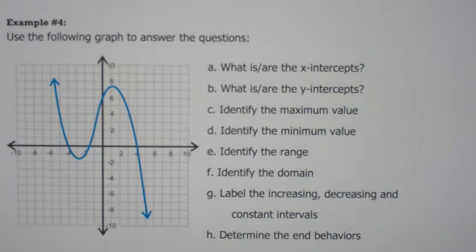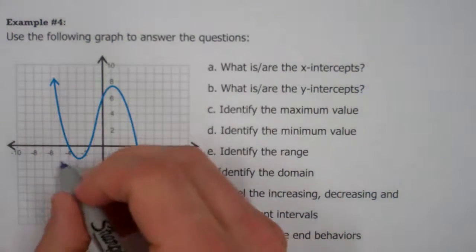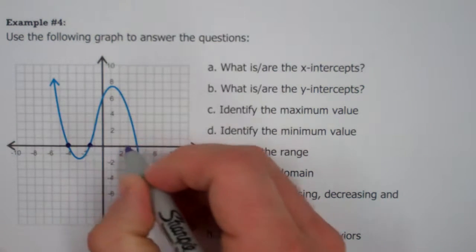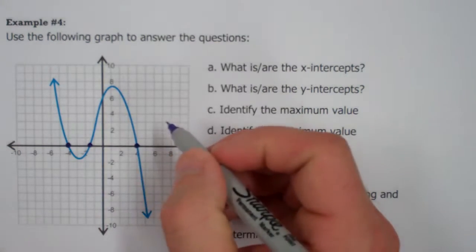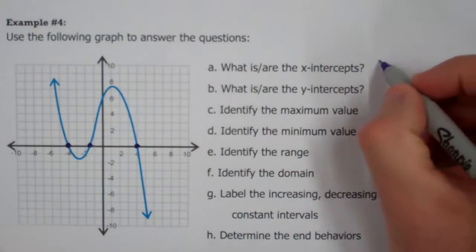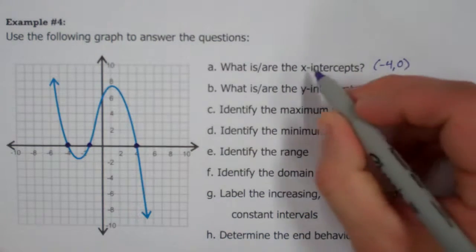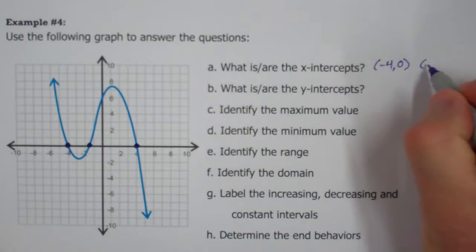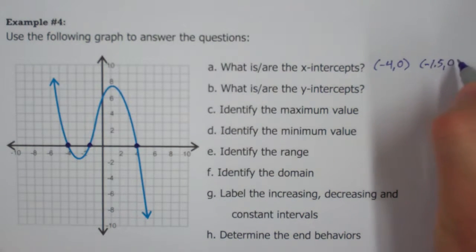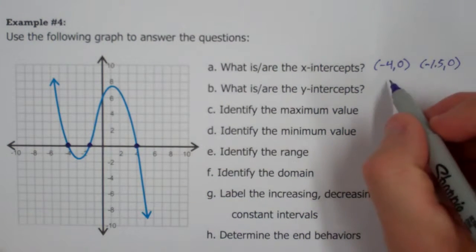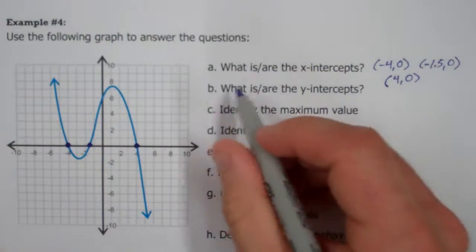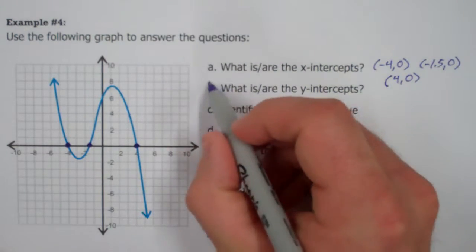And A says, what are the x-intercepts? So what I do is I go along the x-axis, and then I just find the points where the graph hits the x-axis. The first point is negative 4, 0. For the x-intercept, the y value is always 0. The next one looks like it hits at maybe negative 1.5, 0. And then also, we've got 4, 0. So those are all for the